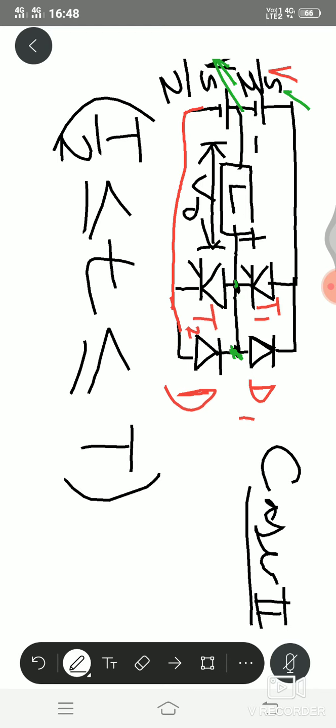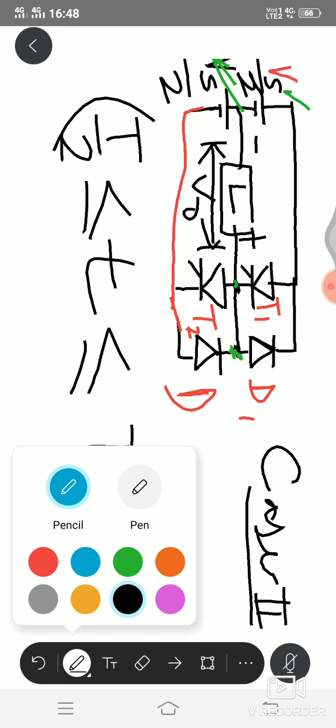During this duration, T by 2 to T duration, write down within bracket. Case 2, situation, time. Small t means time, and capital T means time period, right? Small t means time, and capital T means time period. Okay, so during this time when T2 is turned on, T1 is in off condition. So what will be the active circuit in this case?